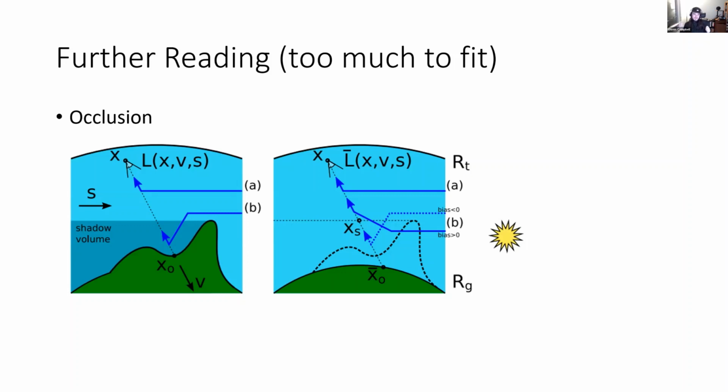Essentially, instead of placing your endpoint on the ground, you place it on the edge of the shadow. Instead, you only integrate along the path up until where it's shadowed. You have to do something like shadow volumes to figure out where that shadow boundary is. But that's basically it. It's a little bit more complicated, but